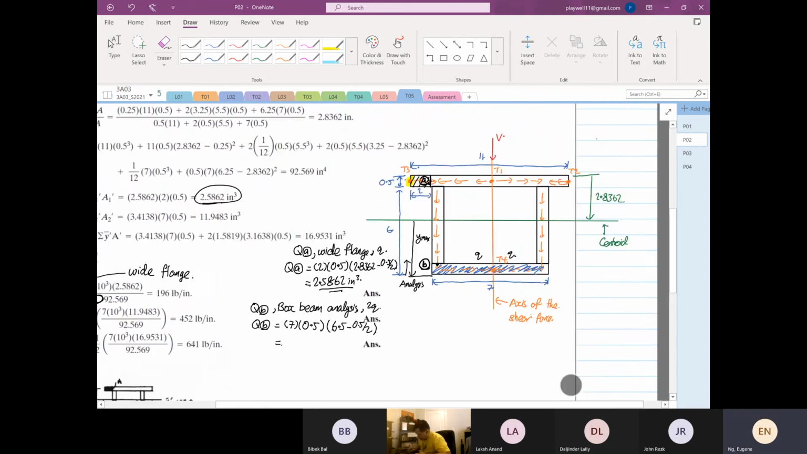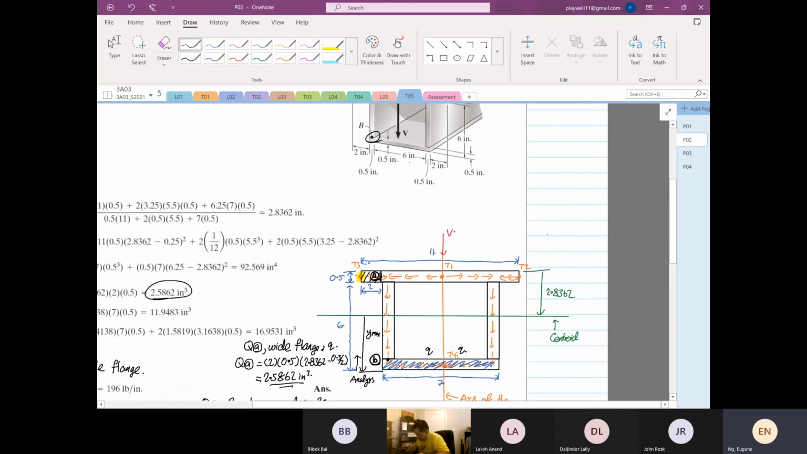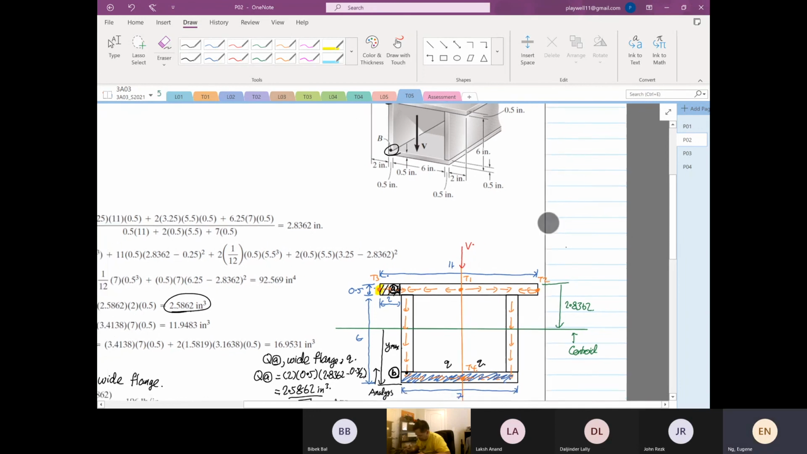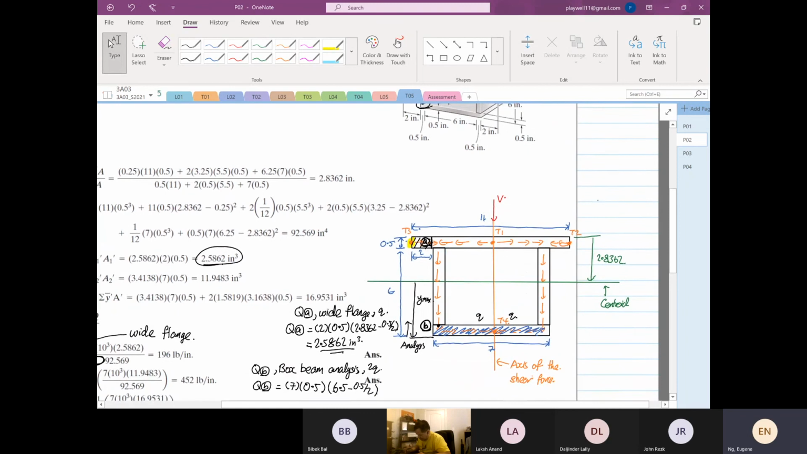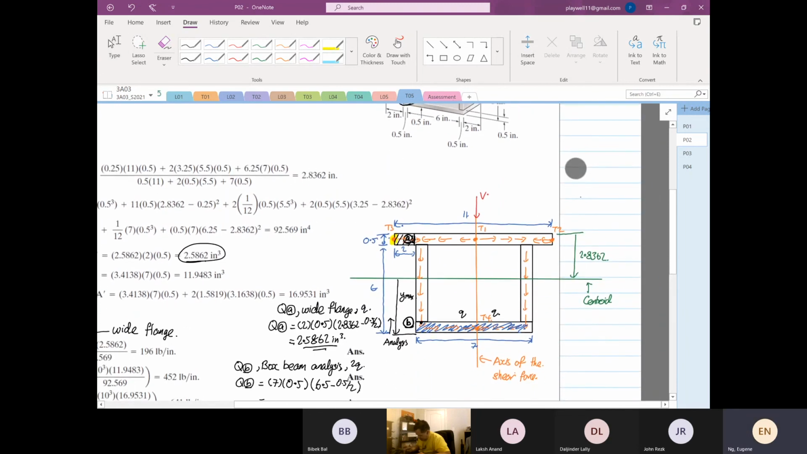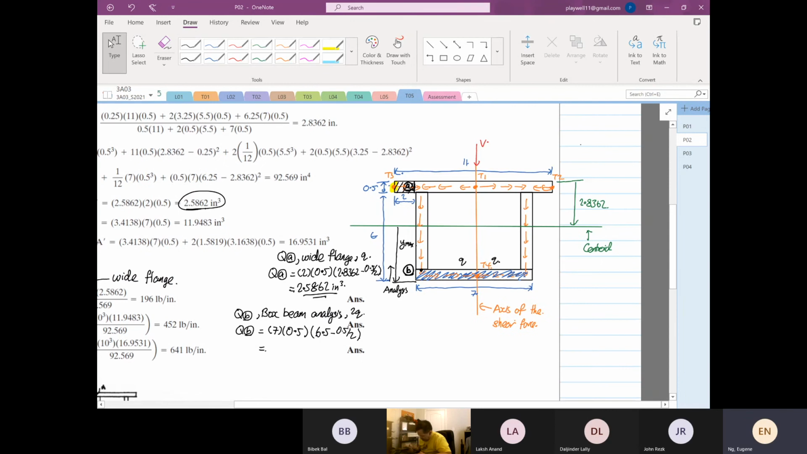10.93. Wait, there's something wrong with my area. Hold on. 6 plus 0.5 is 7.25. From the top is 6.5. So wait, I think I know the Y bar. I got it wrong on the Y bar. So the whole thing is 6.5